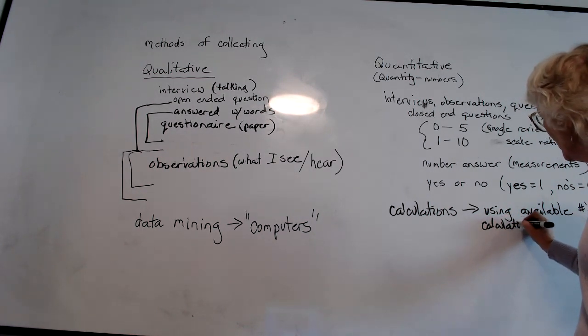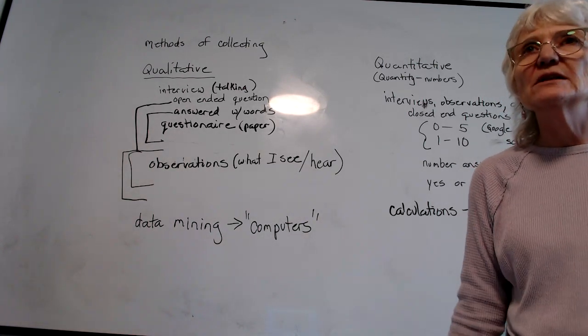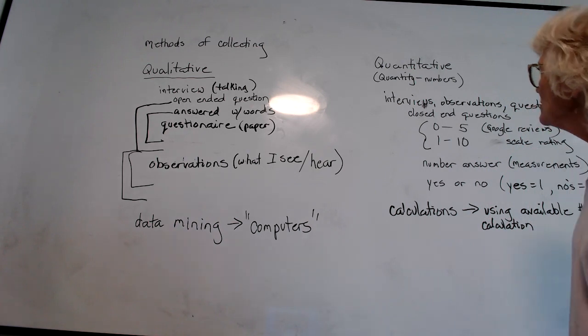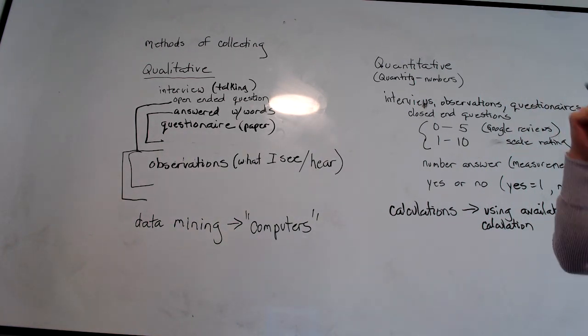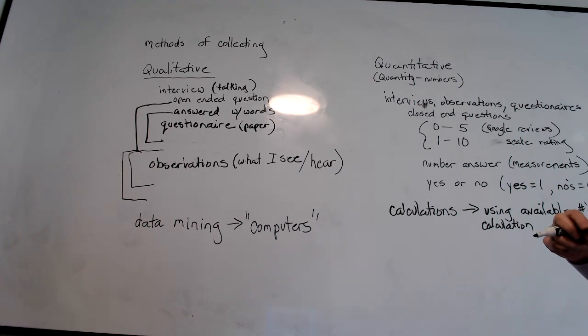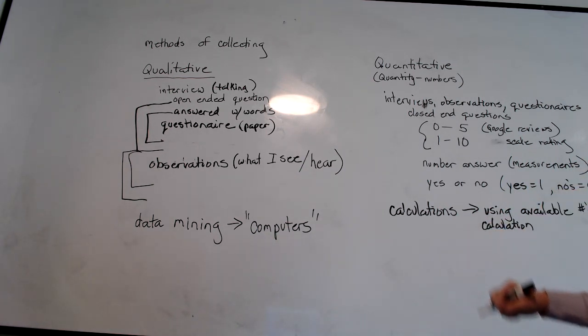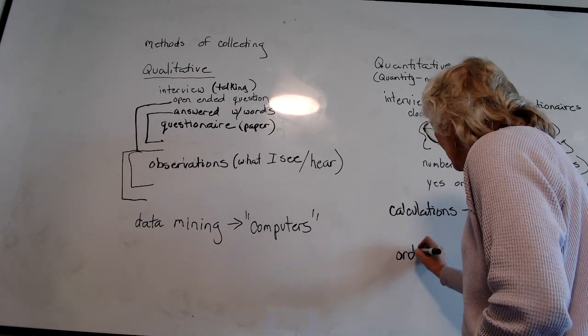So the available numbers just kind of depend on where you're at and what you're doing. Okay. Countable numbers are another way, when we count or we order numbers, like first place, second place, third place, fourth place. That's an ordinal number. It's in order. This was first, this was second, this was third. And what you can do when you do ordinal numbers